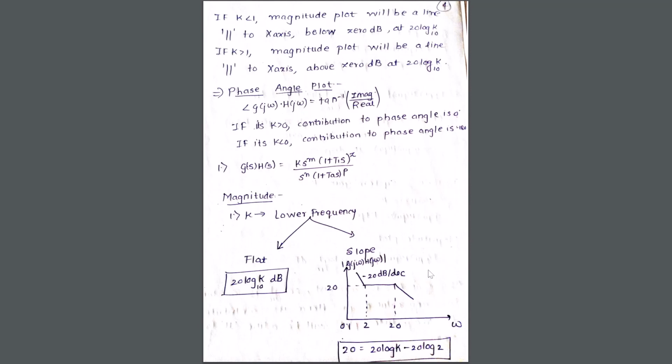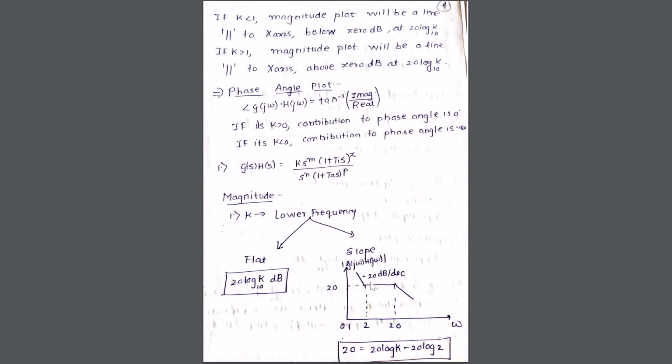If you look at this Bode plot, there is a flat line, but before the flat line, there is a minus 20 dB slope. So in that case, my 20 value which is given over here is given as 20 log K minus 20, because there is a minus slope given over here, into log of 2. Why is this value 2 taken? Why not 0.1? Why not 20? Because it's the value at 2 at which the slope is changing for the first time.